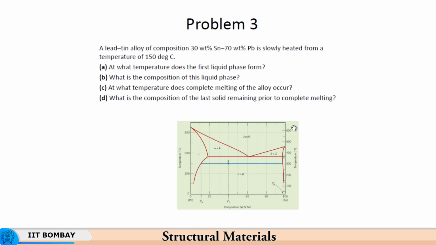So the complete melting of the alloy would occur somewhere here. This is the liquidus line, so the complete melting occurs somewhere here. This is the solidus line where the melting will just about start. So as you go on increasing the temperature here, the melting will just start, and at that time alpha will have a chemical composition of about 18.3% or whatever, and the rest of it will be in the liquid form. So we have alpha plus liquid